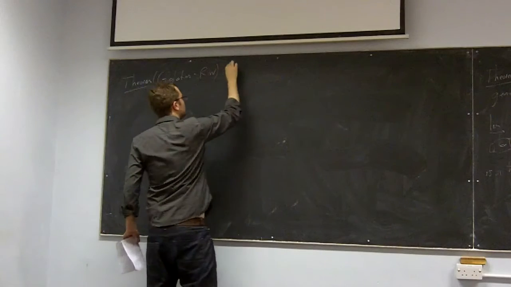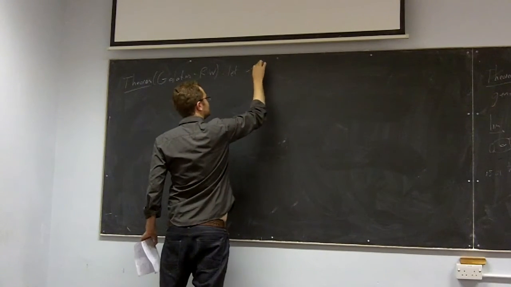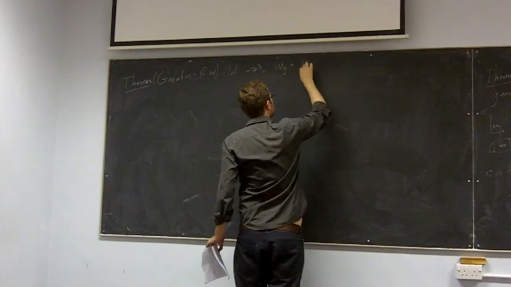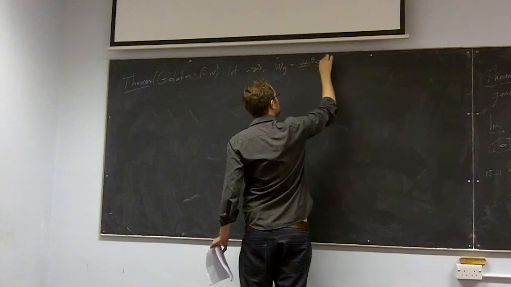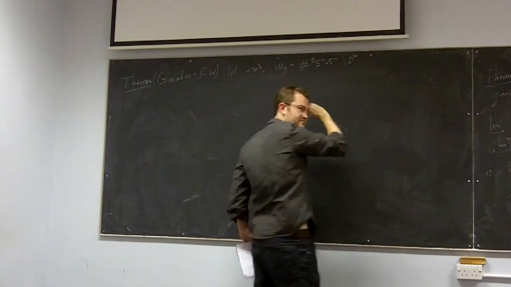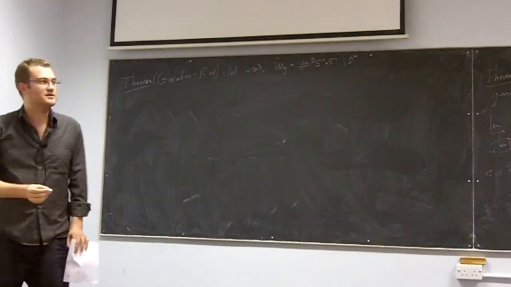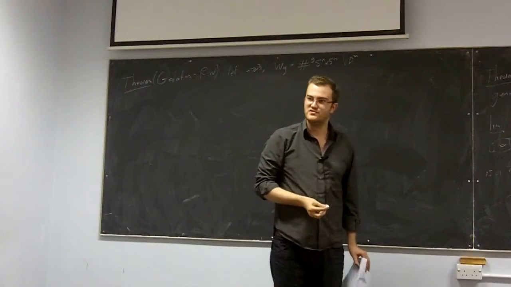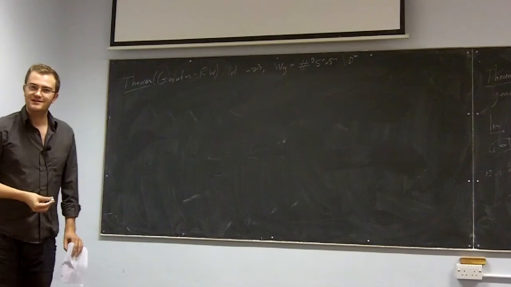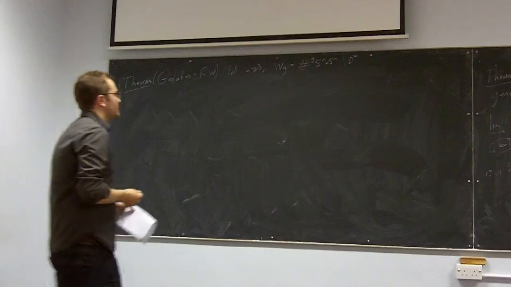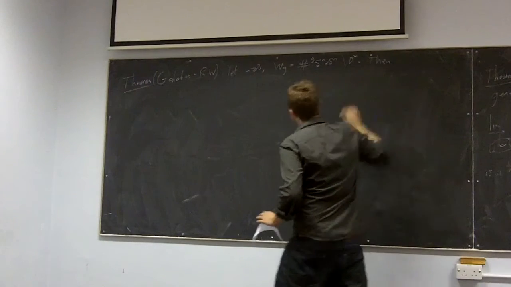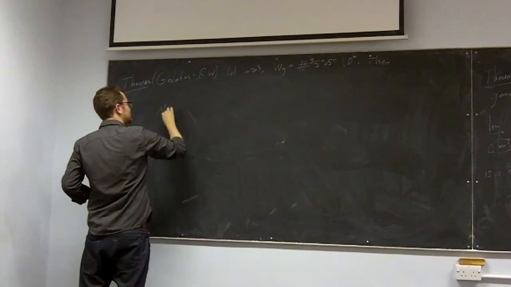So our theorem is as follows. We let n be at least 3, and we write Wg for the connect sum of G copies of Sn cross Sn, minus a disk. Now if one allows n to be 1, this is nothing but what I wrote over there. This is a surface of genus G with one boundary. And this is what I'm claiming is the correct generalization to other even dimensions.